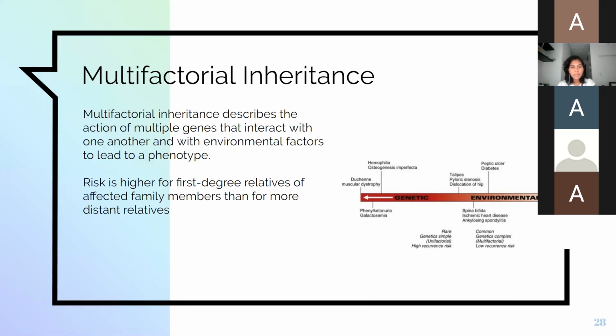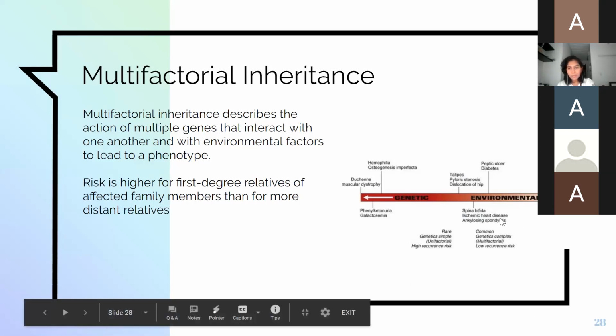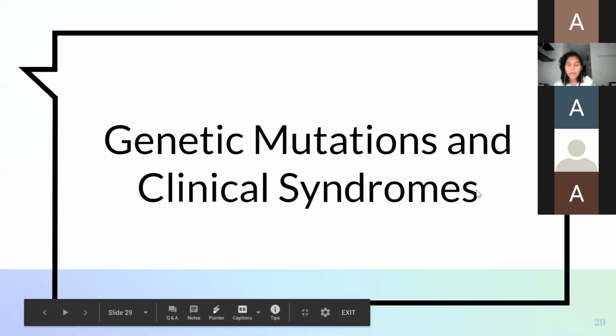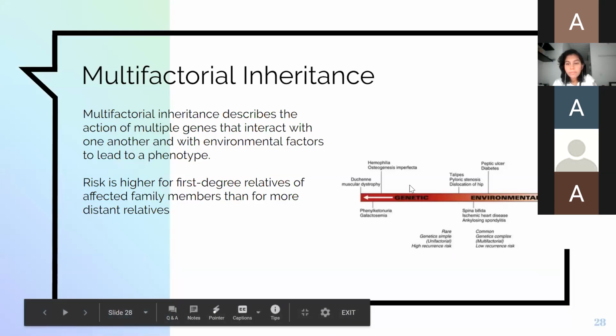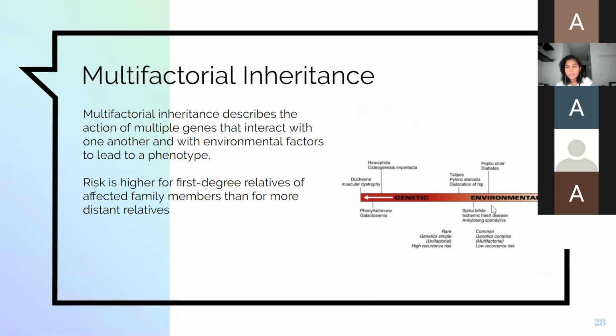I just showed this with this diagram: you have your genetic diseases, which cannot really be affected by your environment, whereas with an example like spina bifida, which can be genetic and also environmental, you can see that environmental factors can also cause different diseases alongside